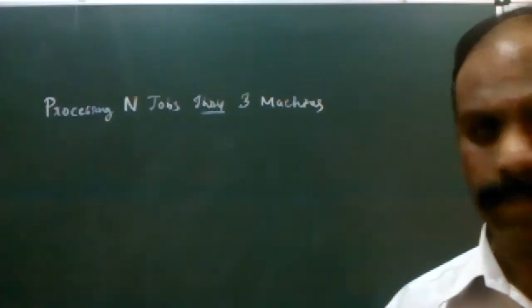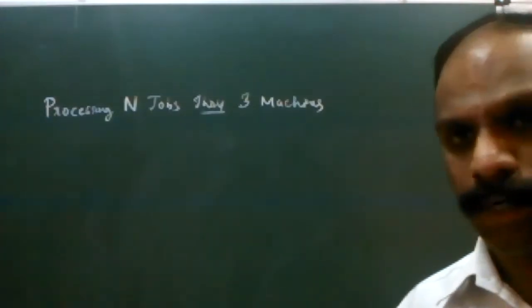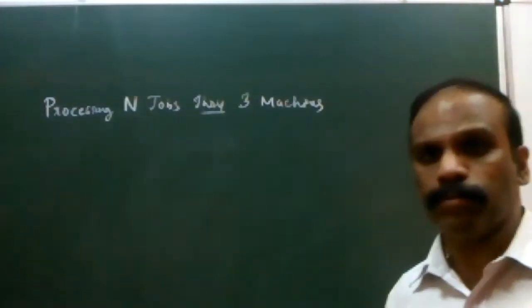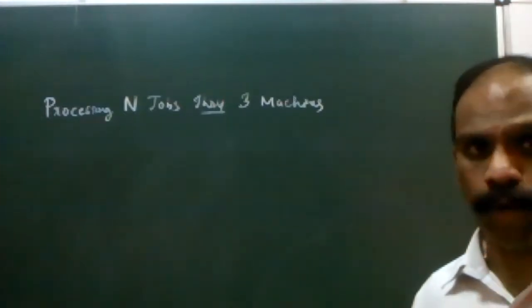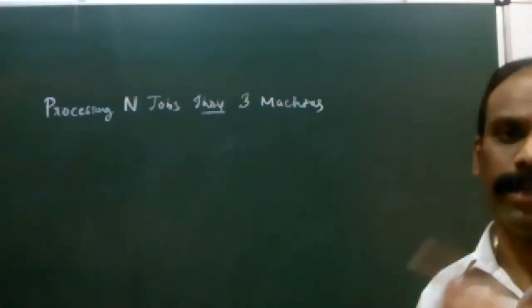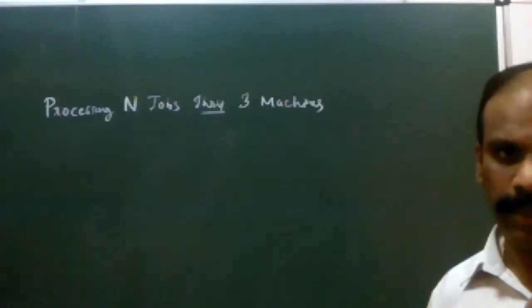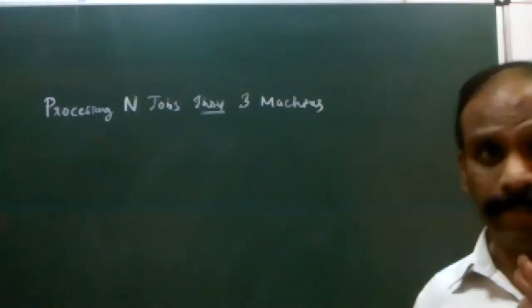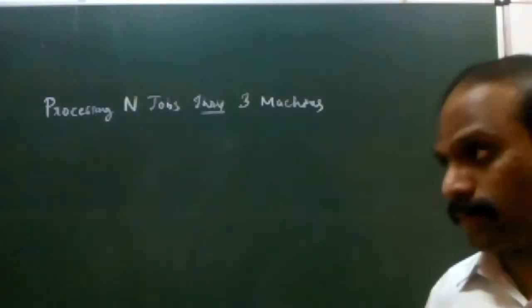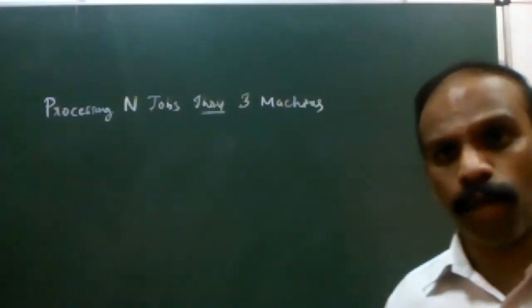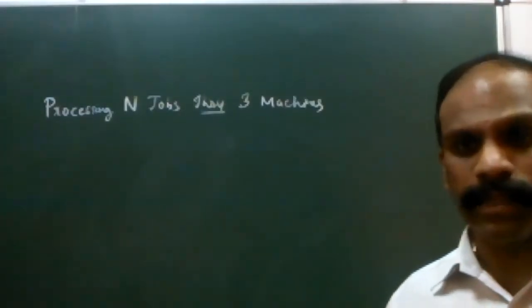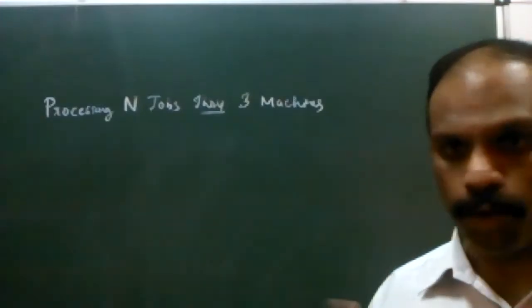Are you understanding the concept here? You are supposed to convert a 3 machine problem to a 2 machine problem, and once it is successfully converted, then we can solve the problem by the regular method. So we don't have a separate mechanism or method to solve a 3 machine problem. Now, does the entire 3 machine problem become 2 machine, and the 3 machine becomes completely null and void? No.